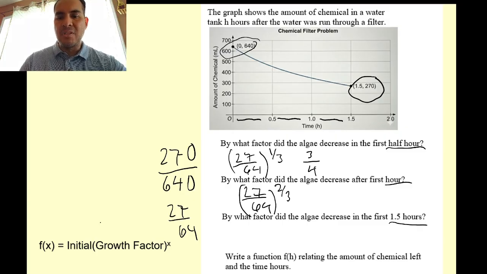By what factor did the algae decrease in the first 1.5 hours? Well, that's going to be straightforward. It's going to be 3/3, but we already know 3/3 is 1, so it's going to be 27 over 64. Okay, that comes from 3/3. Finally, if we want to write a function representing the situation in hours, we're going to use the hours one right here to write our function. That's going to be f of h is equal to initial amount, which is 640, times 27 over 64 to the power of 2x